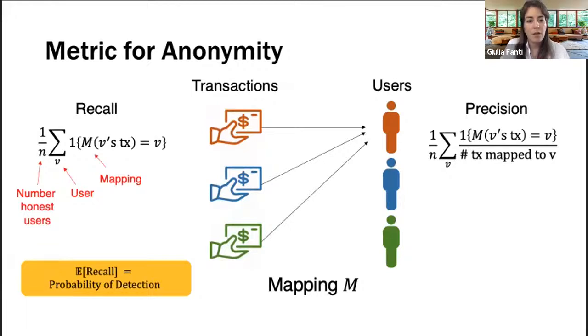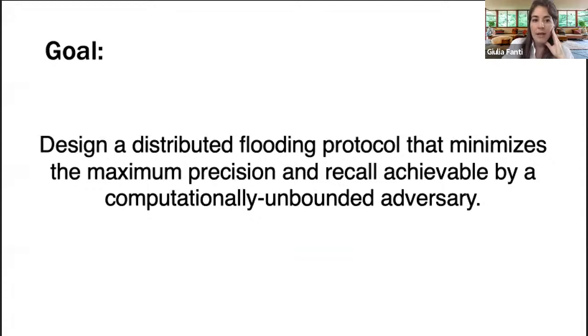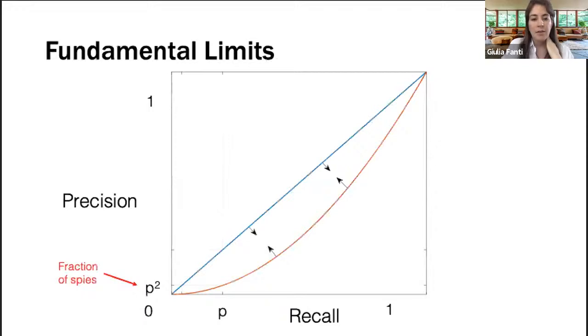Okay. So our goal was to design a distributed flooding protocol that minimizes the maximum precision and recall that can be achieved by a computationally unbounded adversary. And so we started by showing some fundamental limits on precision and recall. And these limits look kind of funny if you've worked with precision and recall before as metrics. But the reason is that we assumed here that each user has one transaction. So there's n users and n transactions. And as a result, if you have high precision, you also have to have high recall, and vice versa. So that's why